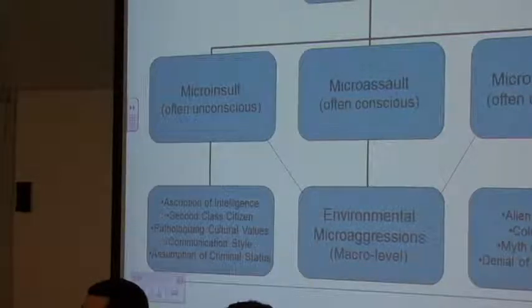And a micro-invalidation, an example would be verbal comments or behaviors that exclude, negate, or nullify the psychological thoughts, feelings, or experiential reality of persons of color. And so as we go through the different examples of how this affects various social groups, we'll give you more concrete examples of how participants talked about the different categories and how they related to their experiences being a part of a marginalized group. But what you'll see at the very bottom are specific themes that were theorized,